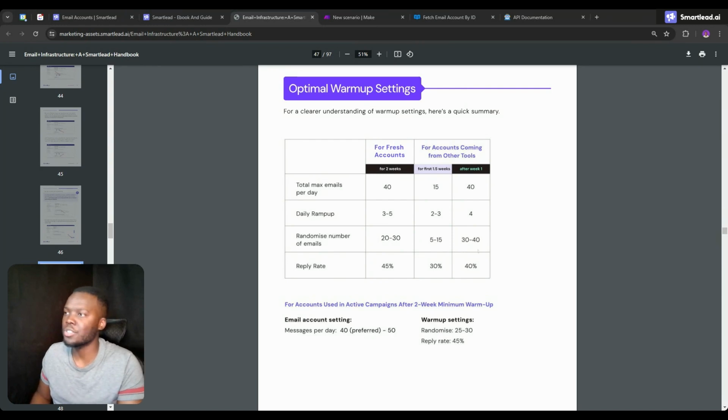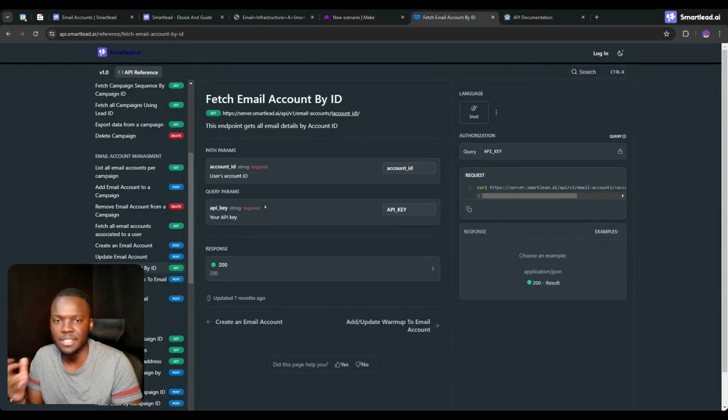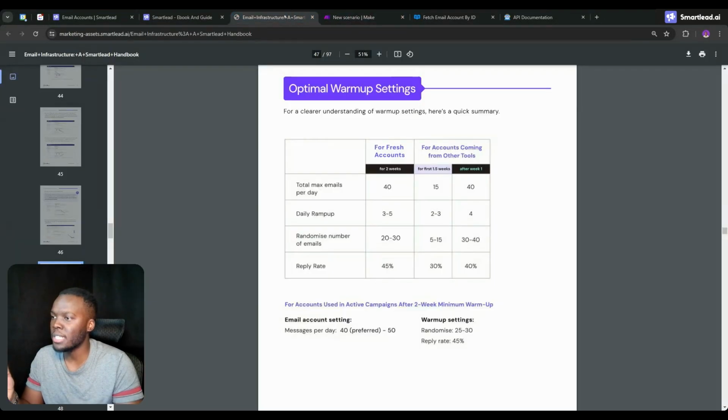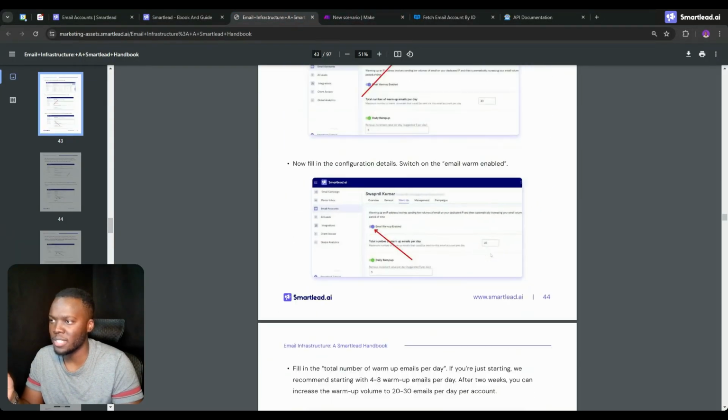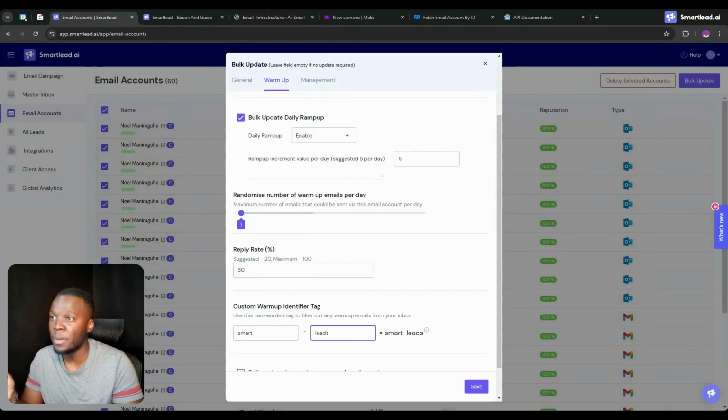So we're gonna get started with creating a brand new scenario, and we're going to be using these API documents right here to get the URL endpoints that we're going to need. And so the first thing that we're going to try to automate is what was at the top here, which is recommending us to set up the warm-up emails, the reply rate to 30%, and then after 2 weeks, we set it to 70%. So the first thing that you can do if you wanted to set this up is